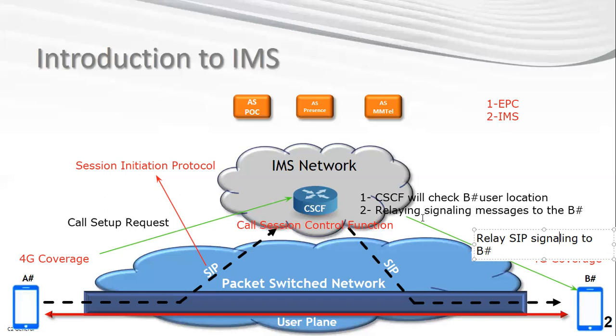So we will focus on the EPS, which is the Evolved Packet System. So no one gets confused: EPC is the core of 4G, but EPS is the full 4G network. And EPS consists of E-UTRAN, which is the radio access part, plus the EPC, which is the core part of